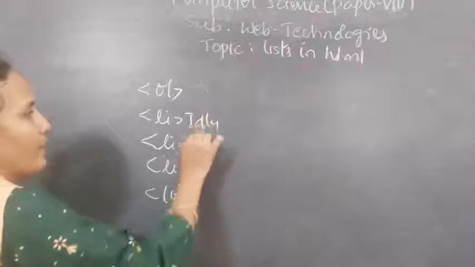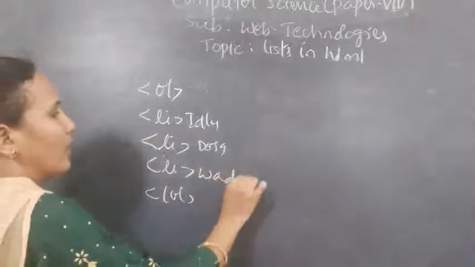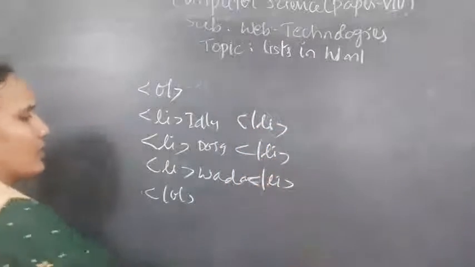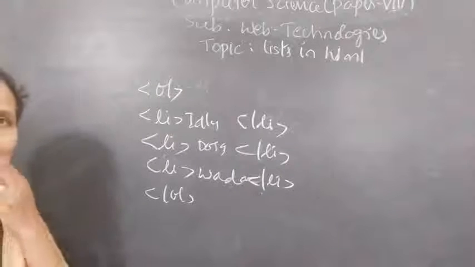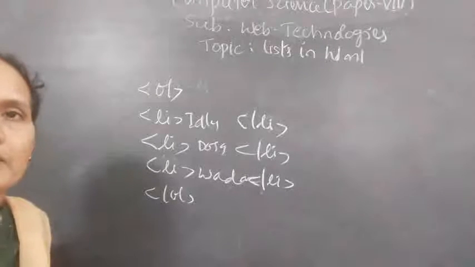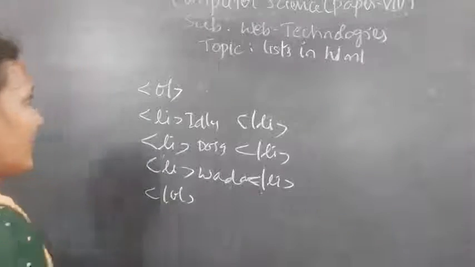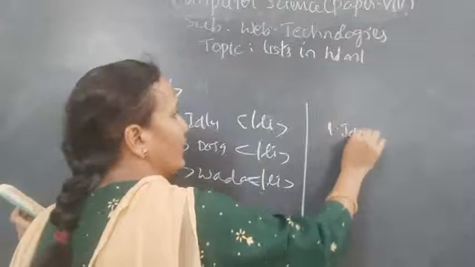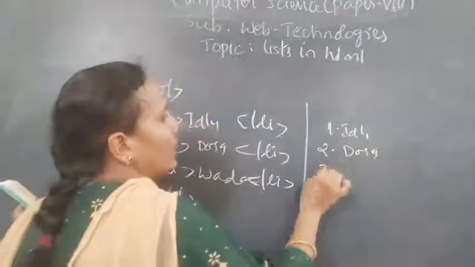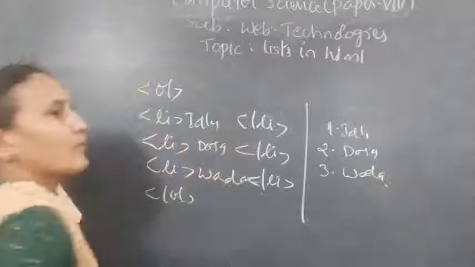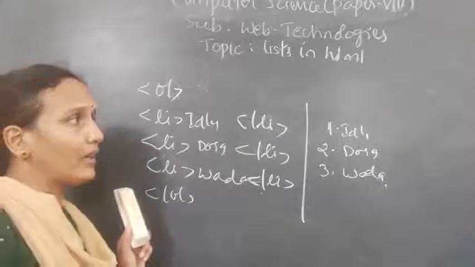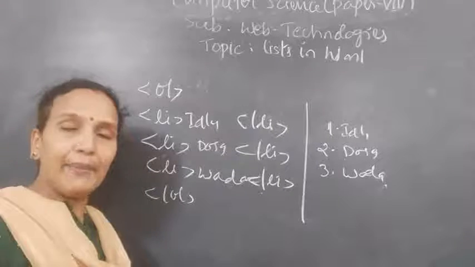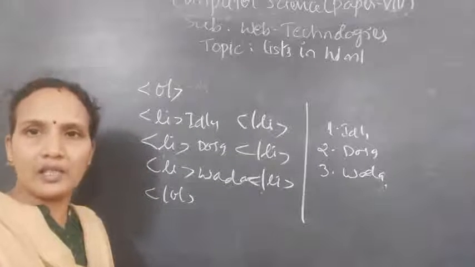Example. And close LI. Yes, right. This is an ordered list. Now, here also by default you will get output like this: 1 idli, 2 dosa, and 3 vada. This is the output. Again, I don't want to display 1, 2, 3. Instead of 1, 2, 3, I want to give a different sequence, like A, B, C, D. So you want to customize the bullet.